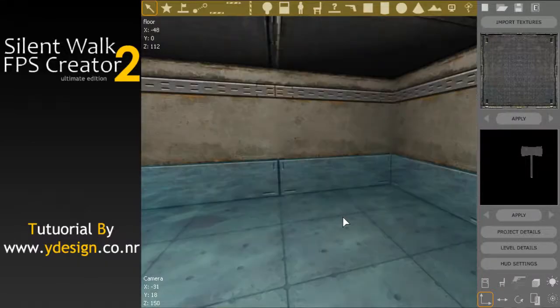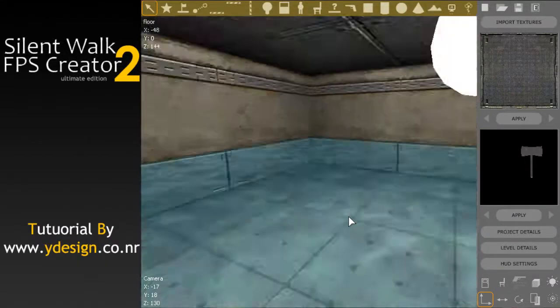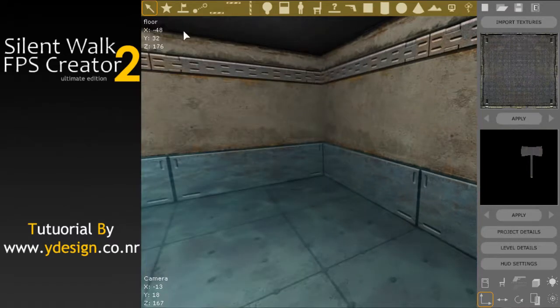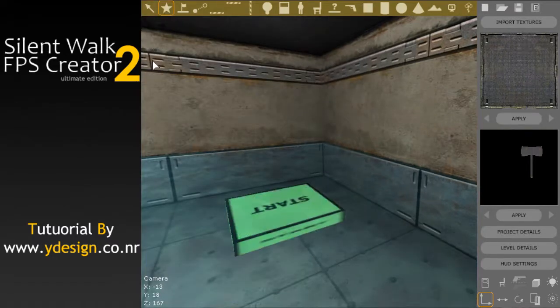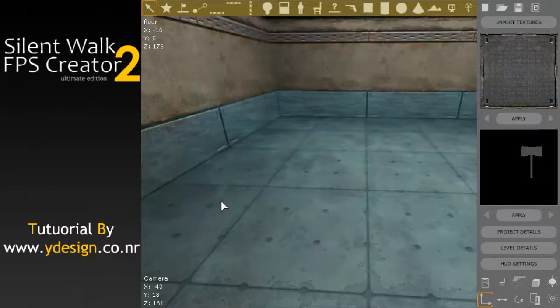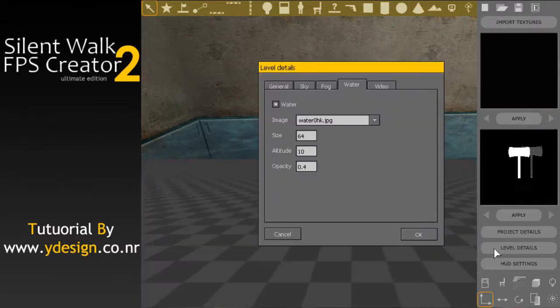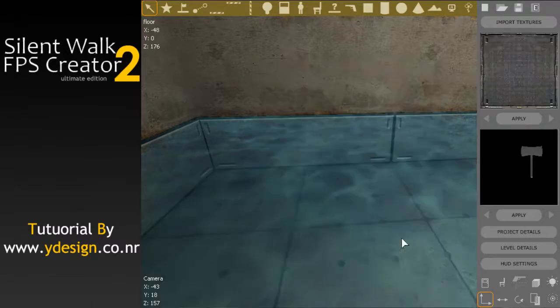Got some water now. Static water, but the player can walk through this in game, as you can fall through it. So if we had a start point, we'd be like that and we'd be walking through water. Actually, maybe this water is slightly too opaque, so I'm just going to make it 1.5. Yeah, that's